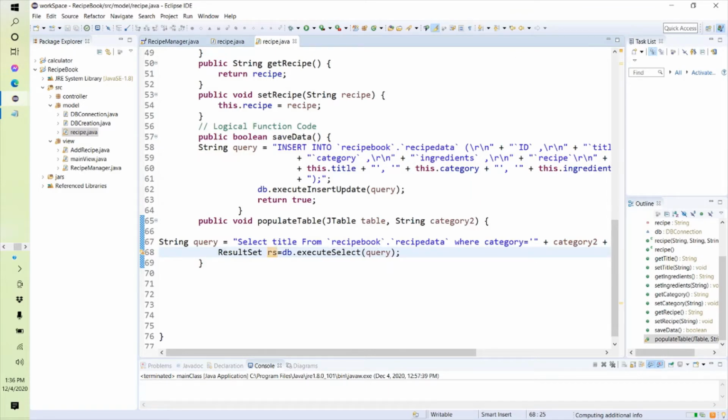So now this particular select query has been executed and the result is getting saved into the result set object rs. Now we need to check if rs is not equals to null, which means the result set is not null and select query has actually selected some particular data from my database. So if this is not null, then populate this particular table.